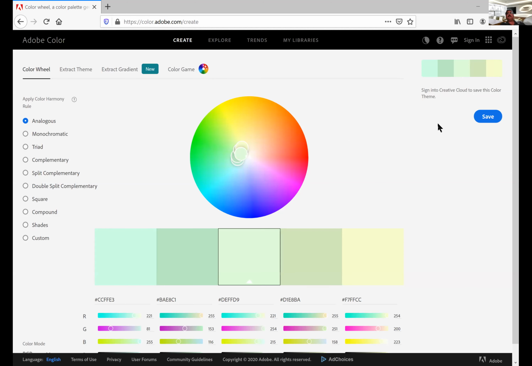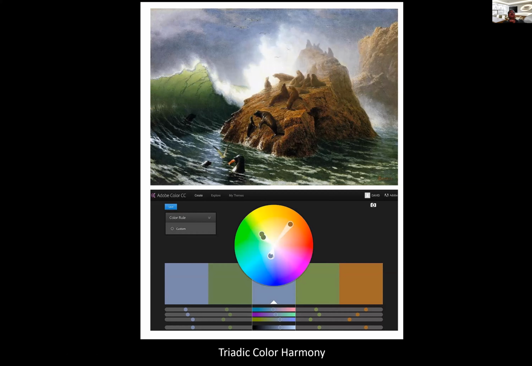Take this third one, which is what is called a triadic combination. This is a very common one. It combines 3 colors which are equally spaced from each other. 1, 2, and 3. 3 colors are there. They are spaced from each other. And that's why, see, the greenish here, the blues are here, and the orange and amber are here. So that's how it divides 3 different colors and gives you that triadic type of look. So this is a slightly complicated color harmony, but it gives you a very dramatic effect.